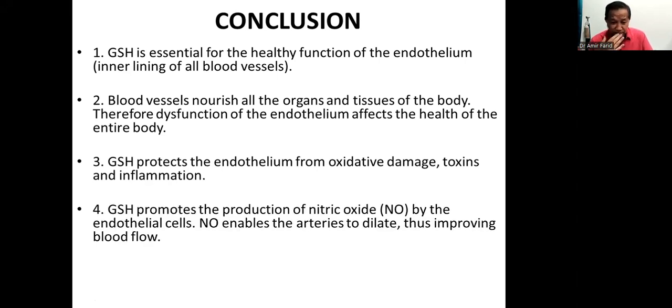Glutathione promotes the production of nitric oxide by the endothelial cells, and nitric oxide enables the arteries to dilate, thus improving blood flow and helping maintain normal blood pressure, and helping diabetics, and helping prevent the complications of diabetes and many more benefits. So therefore,